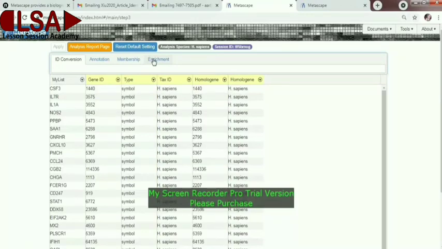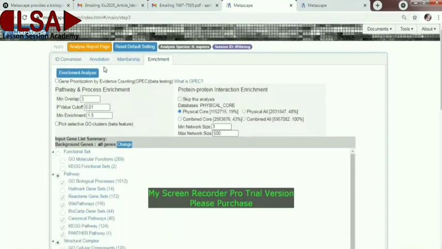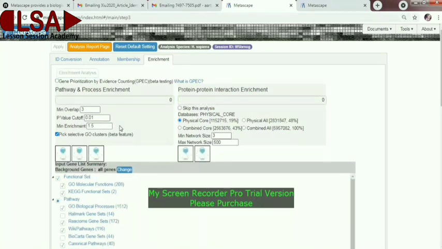So we can go on with our analysis with enrichment analysis. In this I have to find pathway enrichment analysis, or we can also do protein interaction enrichment analysis. The default parameters were used in the paper, so I have also gone with these default parameters. After that I click on enrichment analysis. It will take some time because it is a web server tool, so we will wait for the output results.